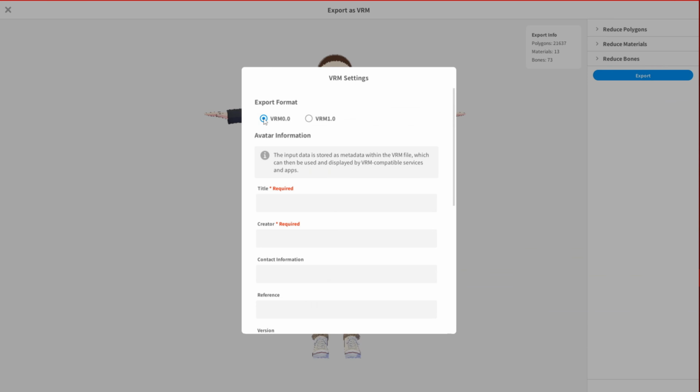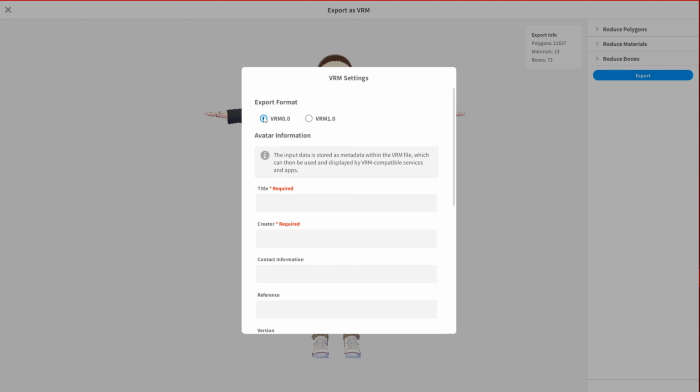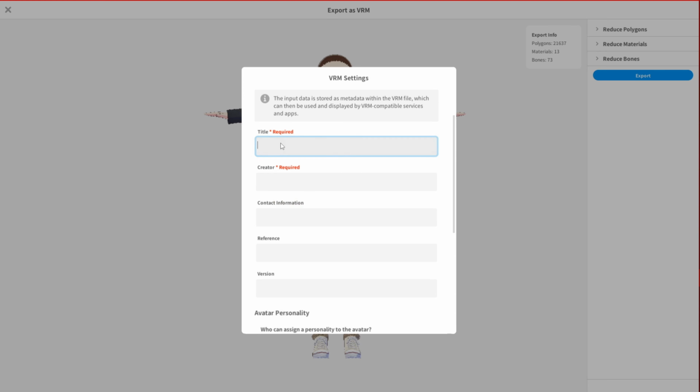And here you can pick VRM 0.0 or VRM 1.0. I think it depends on the purpose of it and how capable the avatar will be after exporting it to another project or for another purpose. I just use the 0.0 because this is stable enough. It's just not cutting edge like this one. See, that's why it says make sure an app is compatible for VRM 1.0, because it doesn't work for everything just yet. But here you can give it a name and it will be embedded in its data, the creator,